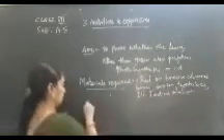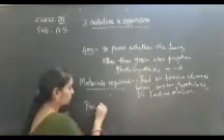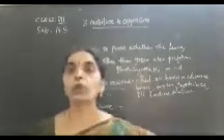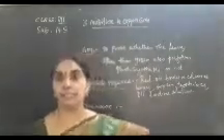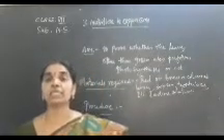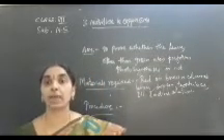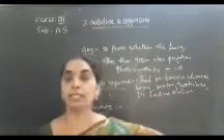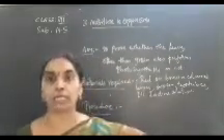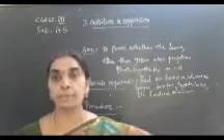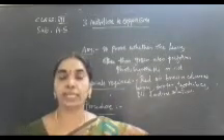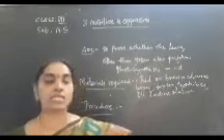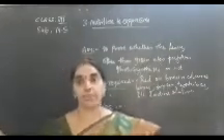Then procedure. What is the procedure that you follow to prove this experiment, that is, to see whether the leaves other than green also take part in photosynthesis or not? For this, you take a few red or brown colored leaves, add water to it, make it into a paste and mash them. Collect the extract of the leaves, separating the paste.